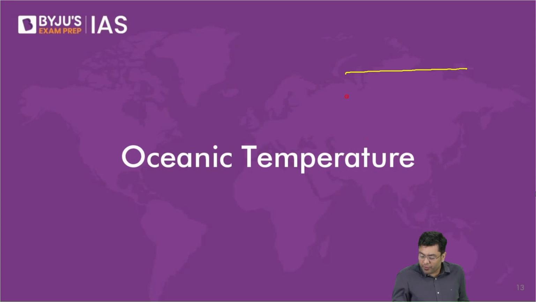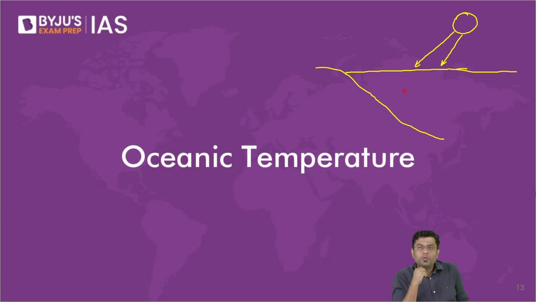Where is it that the oceanic water receives its heat in majority? Perfect. It is going to be the sunlight, solar insolation, right? So, that solar insolation is the prime source of heat,